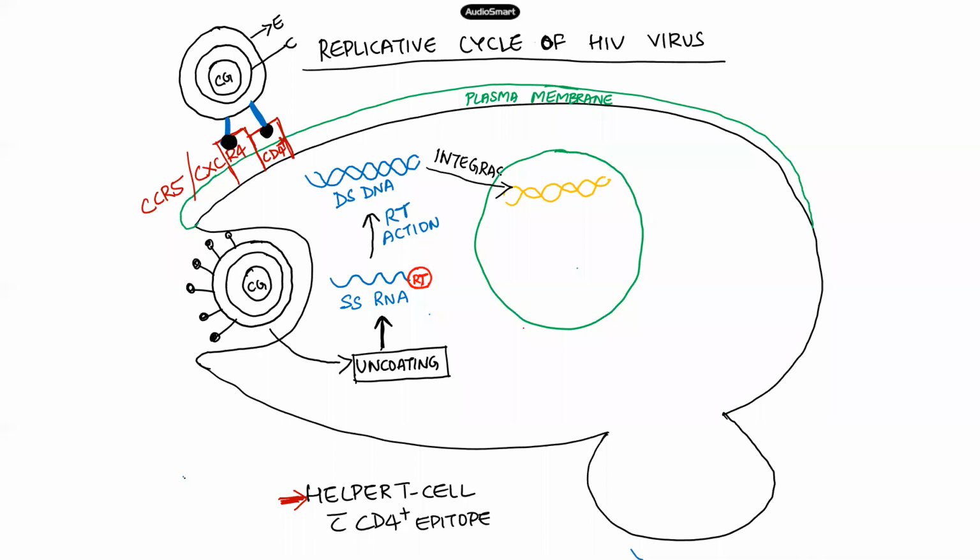So what integrase does is it will incorporate this double-stranded DNA into the host cell DNA, like this, right? So this is called integration, and the resultant product is called a provirus,